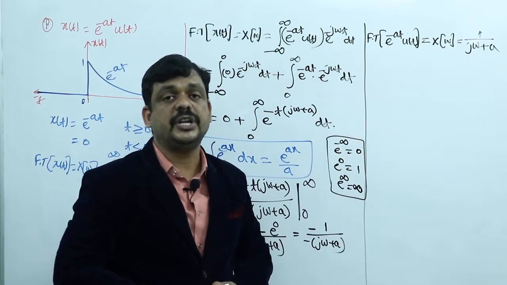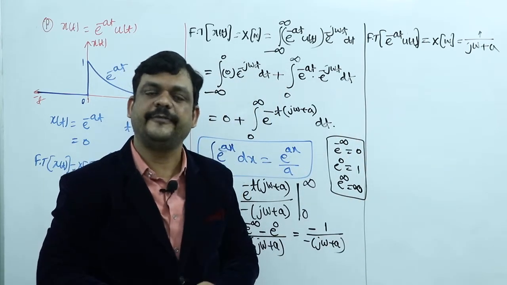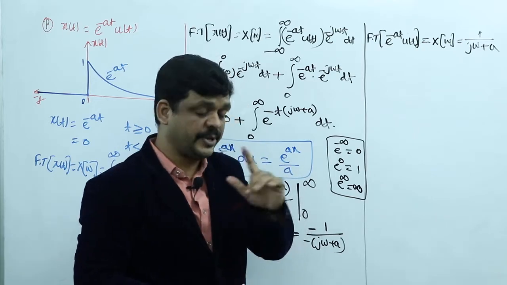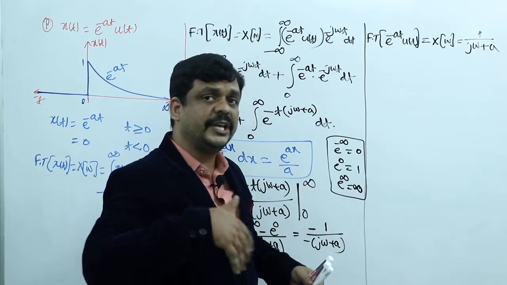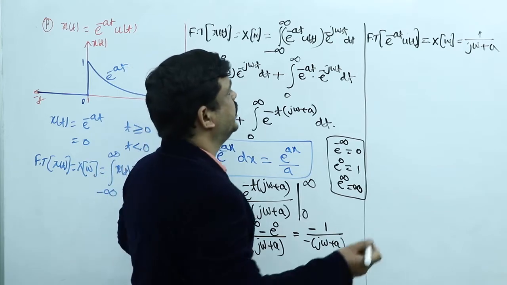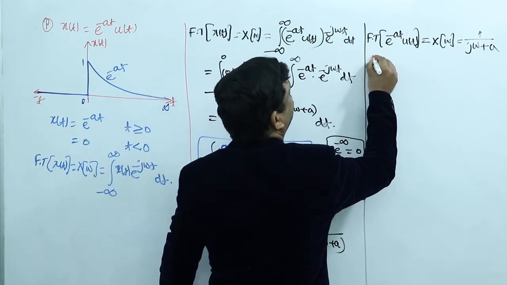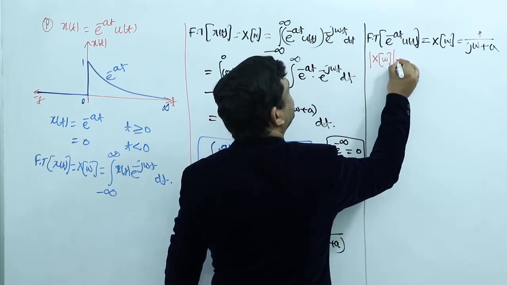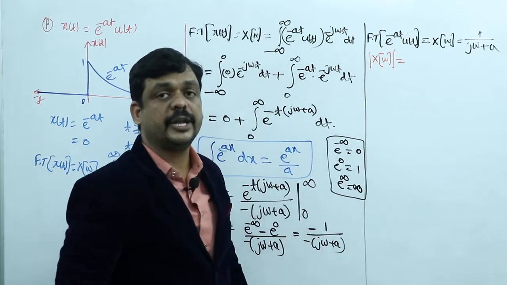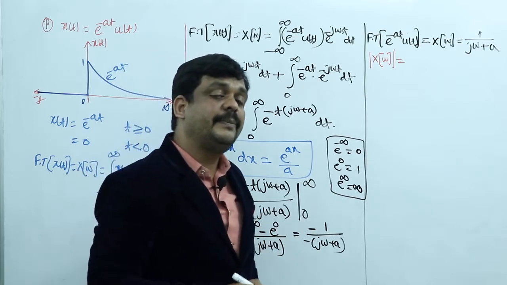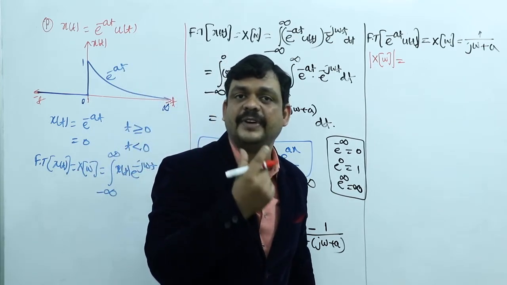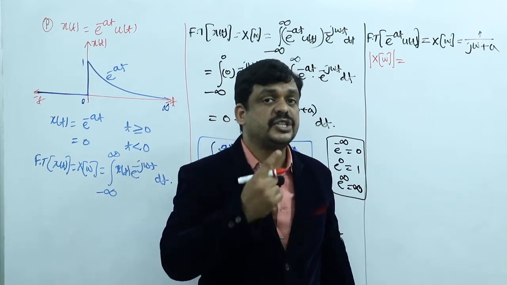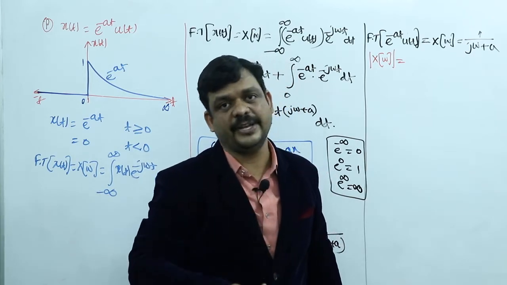Now from this equation we have to draw the magnitude response and phase response, right? So how to draw the magnitude response and phase response? For that purpose, first of all we have to take the magnitude equation, right? So I'm writing the magnitude equation now. Magnitude is nothing but the magnitude of X of omega. To write the magnitude of any complex signal, as already discussed in classification of signals, it is the square root of real term square plus imaginary term square.